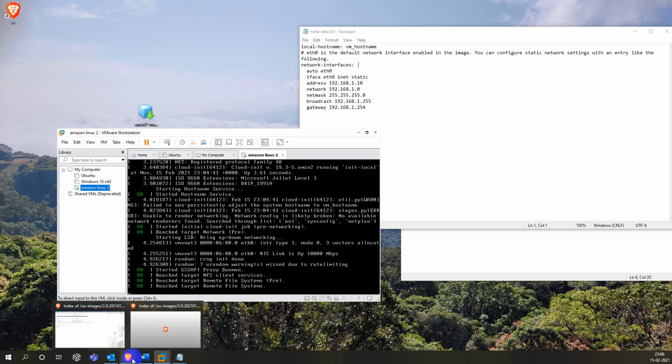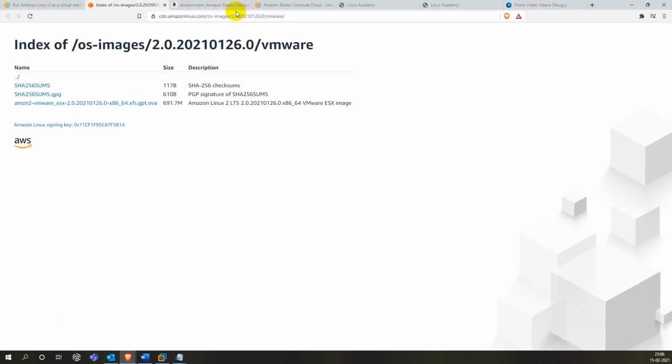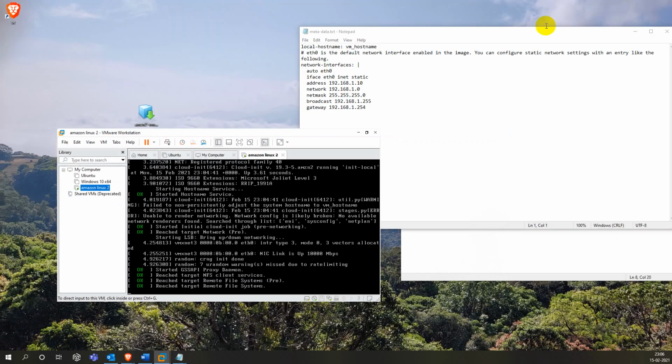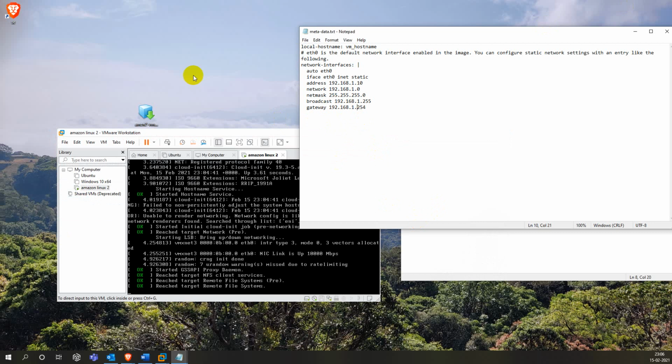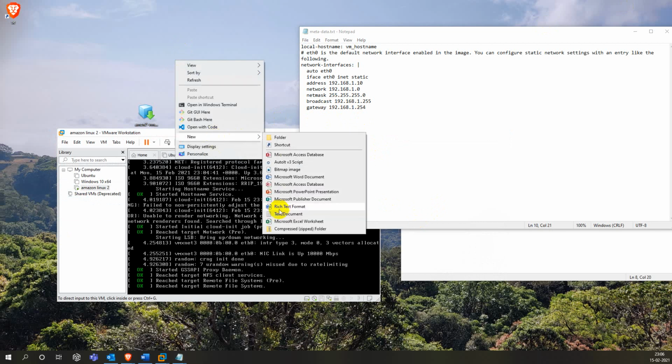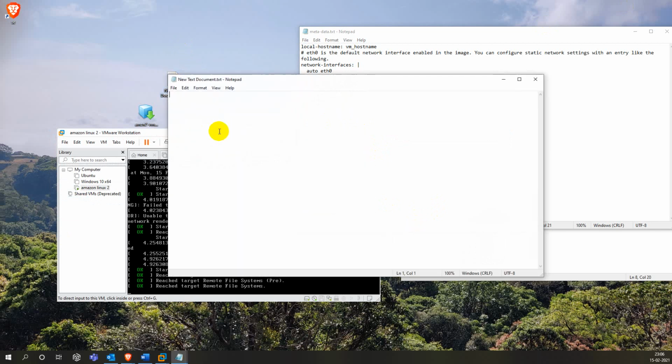And one more thing, this is the ISO file link for VMware. Sorry, raw file.